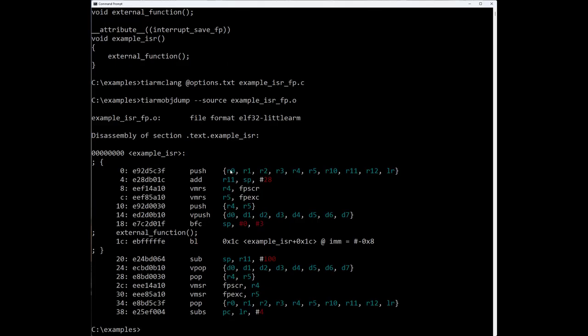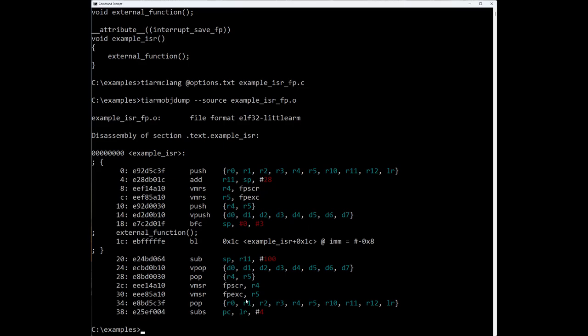And notice how a lot more registers are getting pushed. Now it's a little bit more tricky to see that here. This first push instruction is the same. Then notice that a couple of floating point control registers are being copied into R4 and R5, and then those are pushed. And then a VPUSH instruction is used to push all of these floating point associated registers.